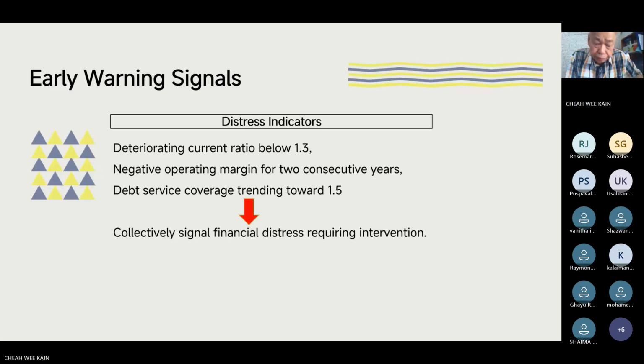These are company that you need to buy. And if your ratio is very bad, below 1.3, it's going to be worrisome. So therefore, it's going to be early warning signal, okay, for you to take action to correct the situation or to go and borrow money, okay, one way or the other.